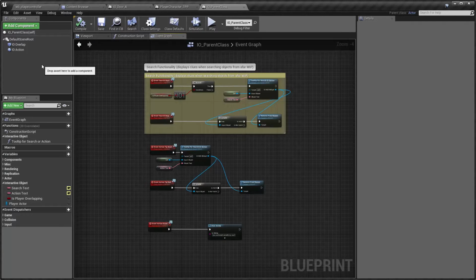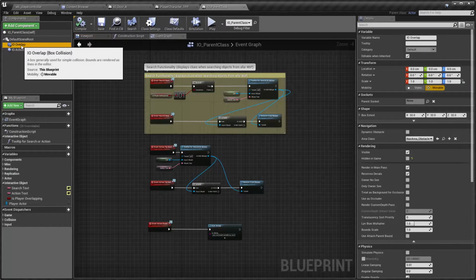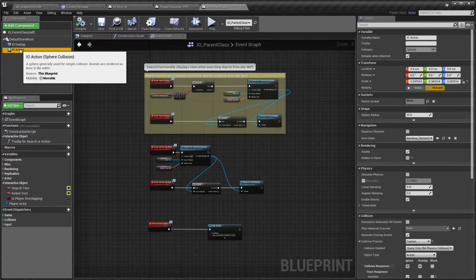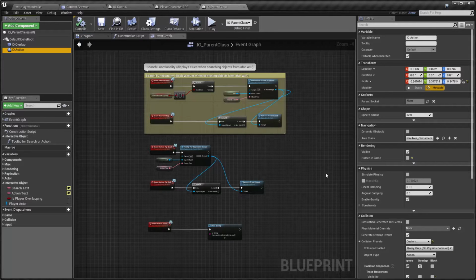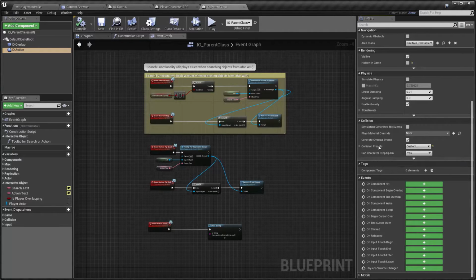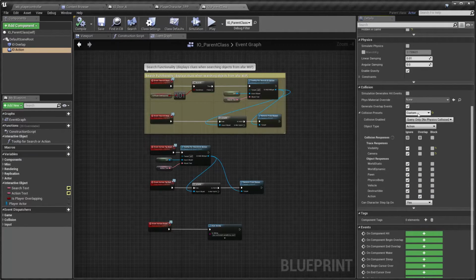One important thing though, I did have to create my own object channel for collision. So this box collision for the IO overlap, and this sphere collision for the IO action. If I go down here and check the collision parameters and open up the collision presets, you're going to see that it's set to custom. And I basically turned everything off except one object response channel, which is this one down here called action. Don't bother looking for it, you're not going to find it. This action channel is not in Unreal 4. I added it myself,